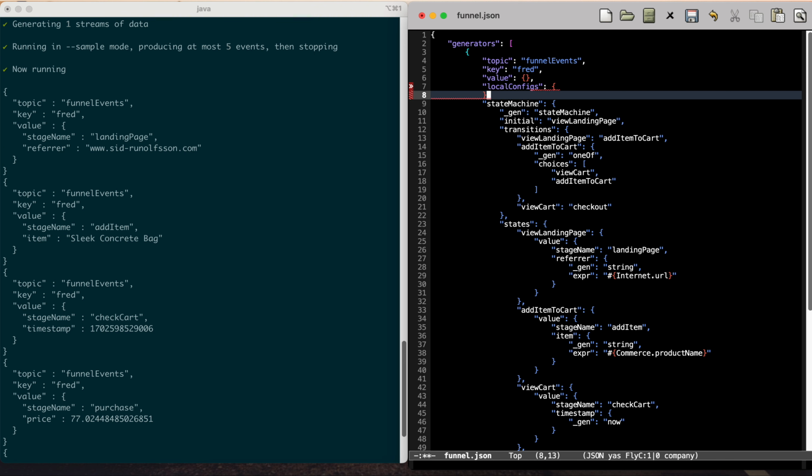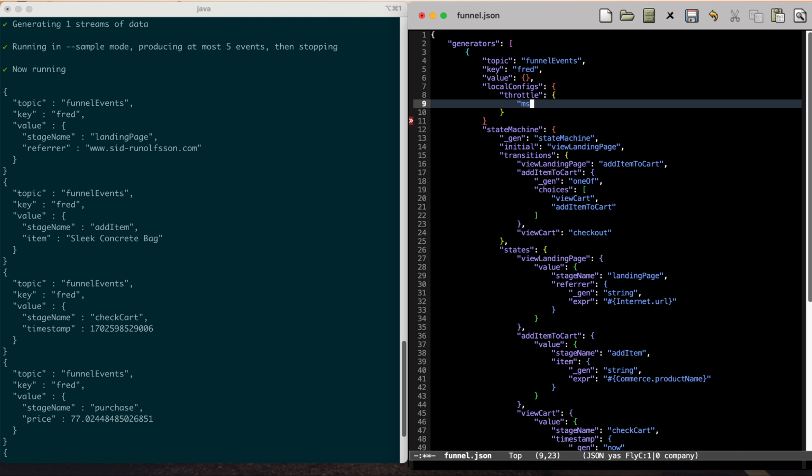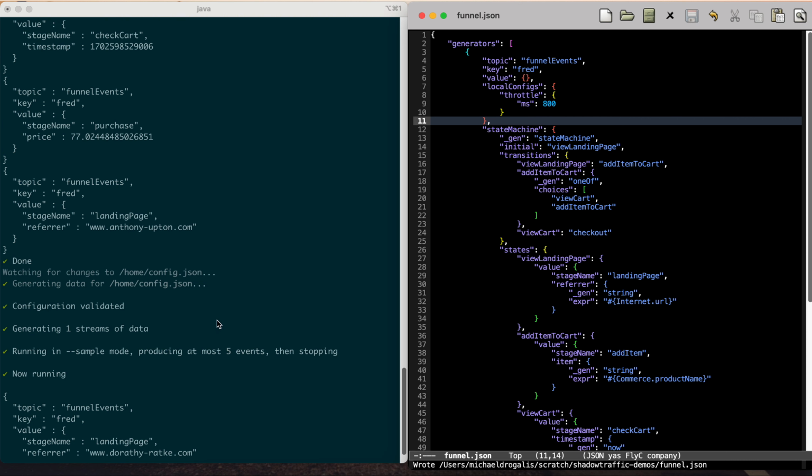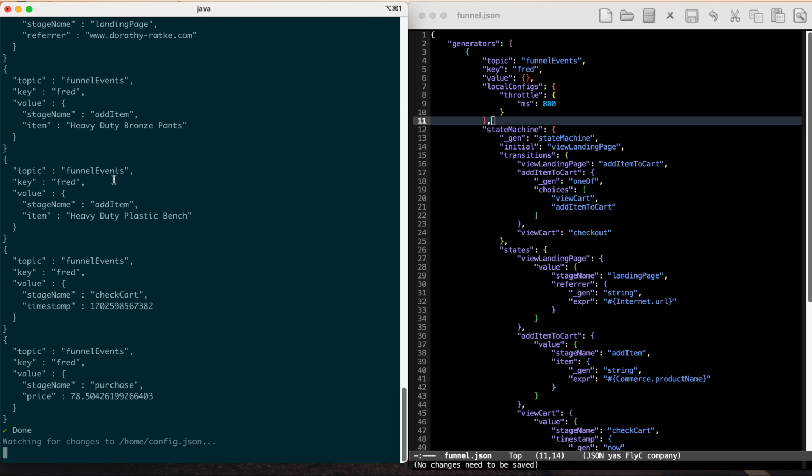So maybe local configs. I'll add throttle, and just for the sake of keeping it really easy, maybe every 800 milliseconds Fred's going to transition through a new stage, and here you start to see more lag. It's moving at a bit per second, and so this is great. We've modeled this succession of events for Fred, but what we actually want is to model this for many different customers at the same time, and that's where